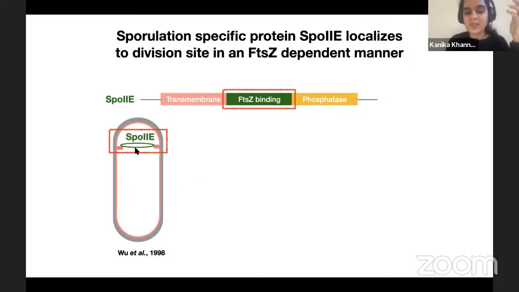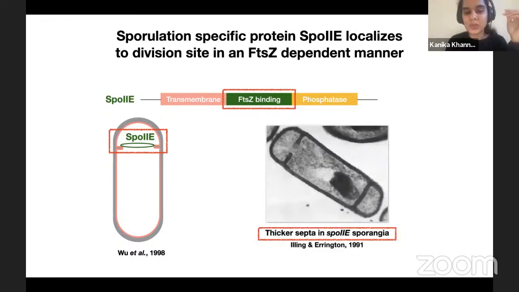It's only present on the 4-spore side. And electron micrographs in SPO2E mutant sporangia, so where SPO2E has been knocked out, also show that the septum is thicker in some of these sporangia as opposed to a wild type sporulating septum. So we wanted to investigate the role of SPO2E, and in order to do that, first we imaged the SPO2E knockout